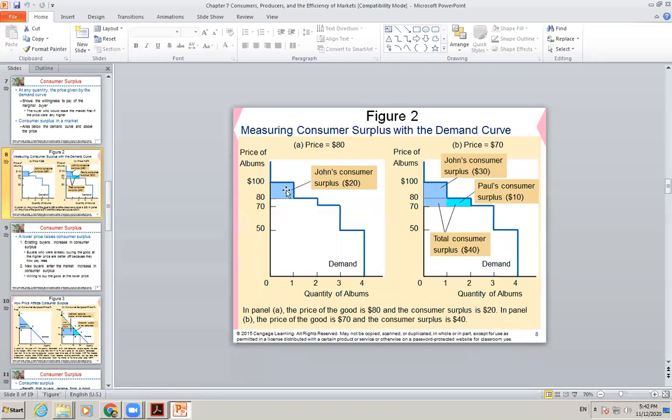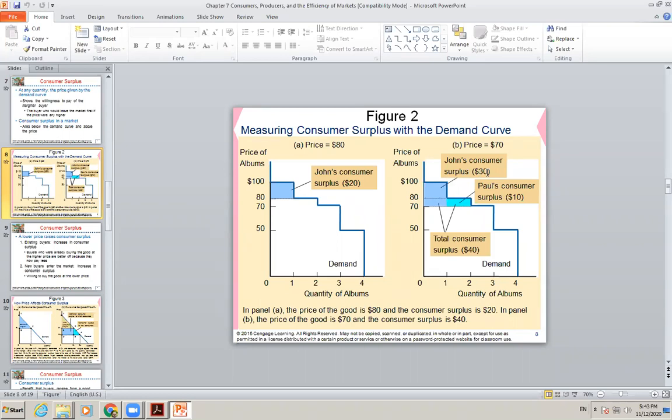Talking about John's consumer surplus here, it's $20, because he has actually paid $80, but the maximum price he was willing to pay was $100. So the consumer surplus he gets is, sorry, $20. However, if the price becomes $70, the consumer surplus that John gets